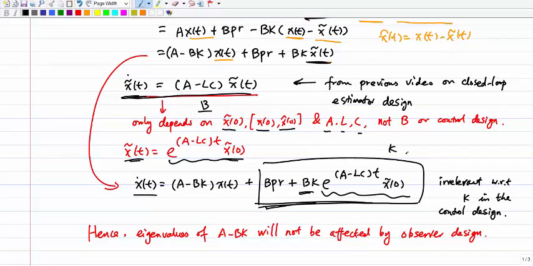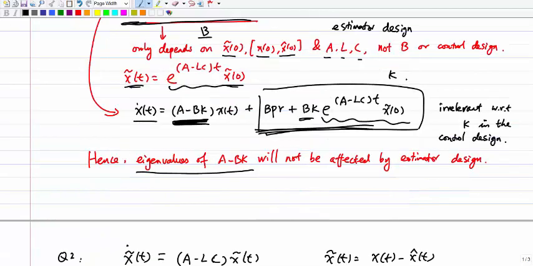It has nothing to do with k. So it doesn't matter what k you select. This one is always the same, right? As long as this is stable, which means the eigenvalues of A minus BK will not be affected by the observer estimator design. It doesn't matter what estimator you design. Your closed loop system's eigenvalues, the eigenvalues of A minus BK, will determine stability. So you can still use the original K, which also means